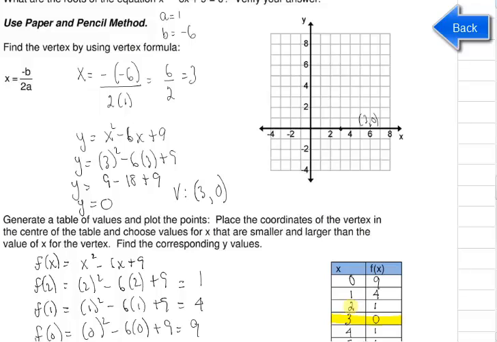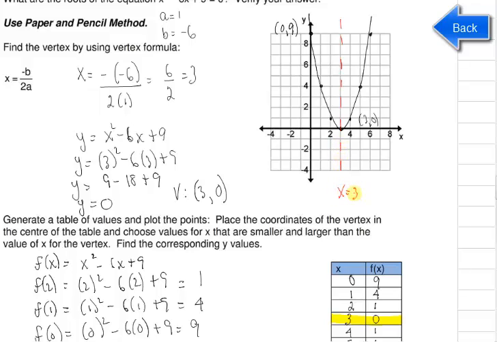Okay, so my first point is 2 and 1. And then I have 1 and 4. And then I have 0 and 9. Okay, and I'm going to include the coordinates for this one because this is your y-intercept. And then I have a point at 4 and 1. I have one at 5 and 4, and 6 and 9. And so here is my parabola, and my axis of symmetry is right here